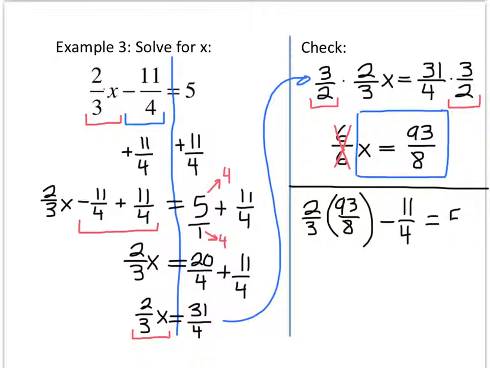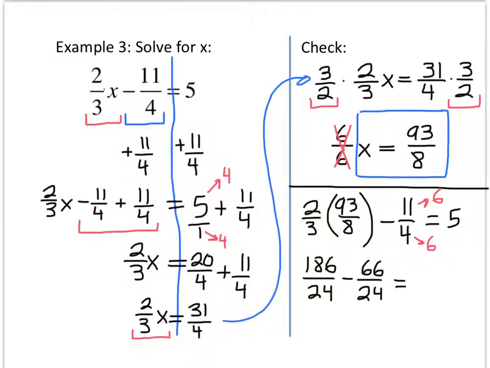And we're going to do quite a bit of work in this next step here. First, I can multiply our first two fractions. That looks to me like 186 over 24. Now I automatically know I want the denominator to be 24, so I'm going to multiply the top and the bottom of this fraction by 6. That's going to give me that 24, or in other words, minus 66 over 24